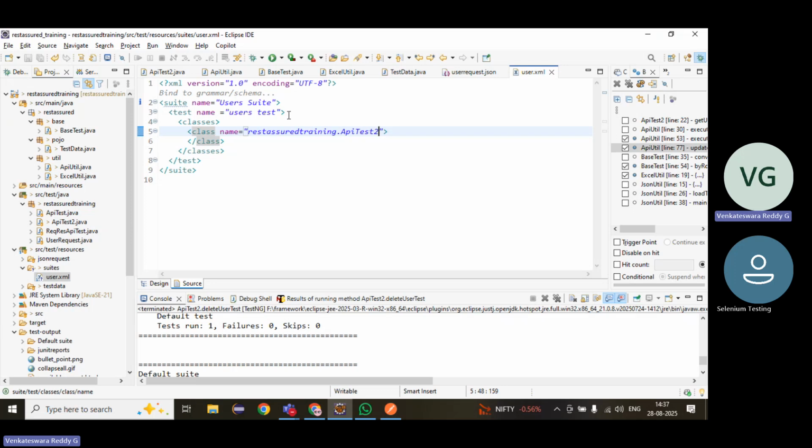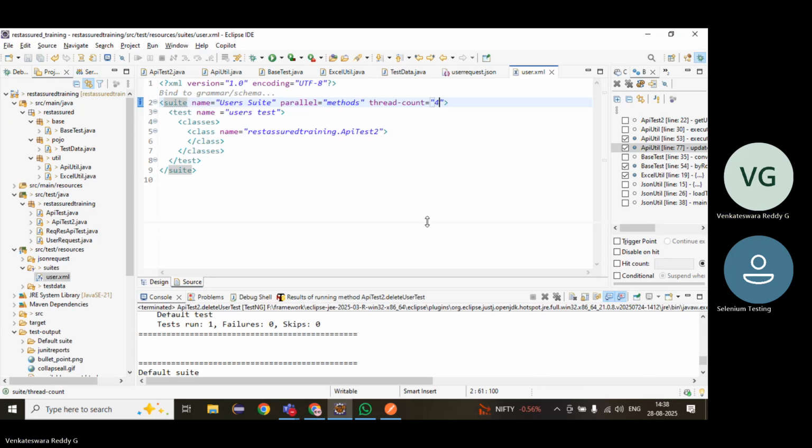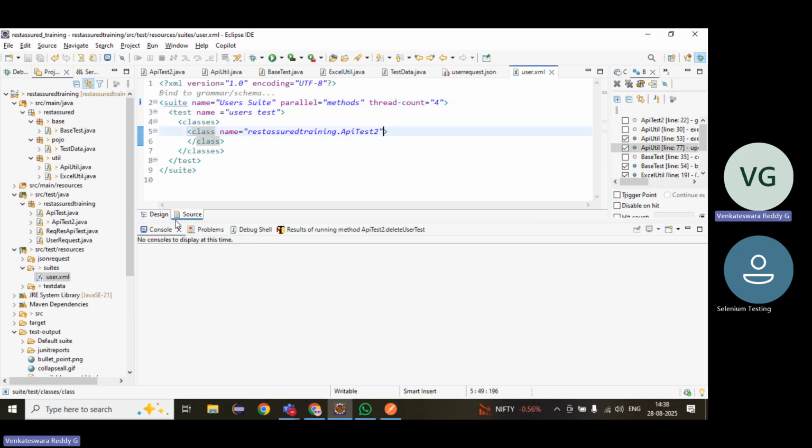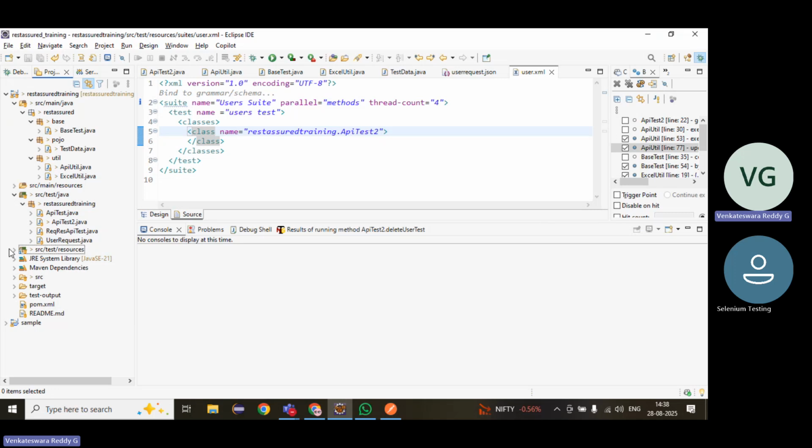But make sure that if you want to run parallel in suites, we'll give parallel as methods. Parallel as methods. Suppose thread count, we can give for API test cases only. We have 4 test cases, so we'll give 4, all 4. Okay, we'll see. Before running, make sure that